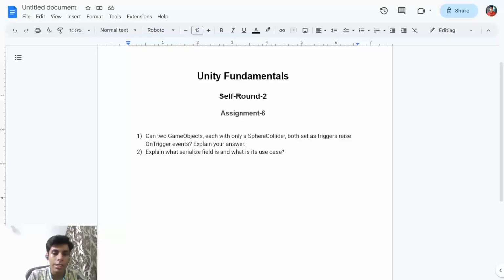Second is, what is a serialized field and what is its use case? The serialized field attribute is used to expose a private field or variable in the Unity Inspector. By marking the field with this attribute, it allows the field's value to be serialized and shown in the Inspector, even